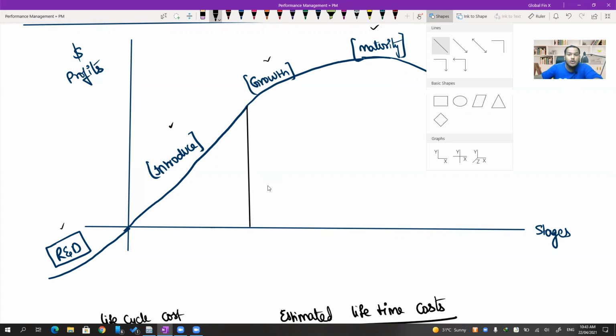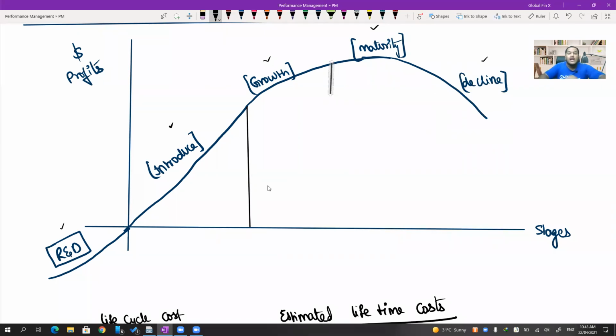But when I enter the growth phase, I slowly figure out that my cost per unit can be reduced by optimizing the procedures in the process. At the maturity phase, I have the lowest cost per unit. I have already figured out everything. That's why I'm at the maturity stage. But the problem is there is a lack of demand in the market, right? So at each different phase of the product life cycle, different costs are incurred. Or else the cost per unit incurred is different at different phases.